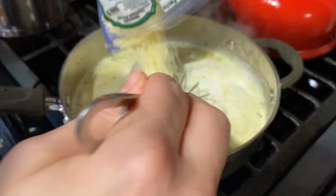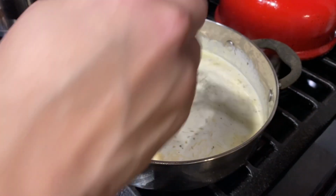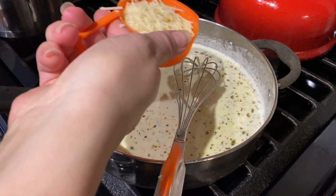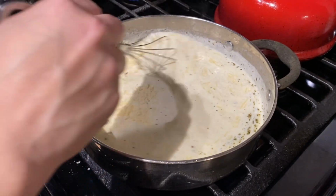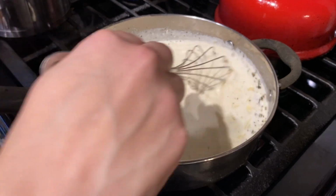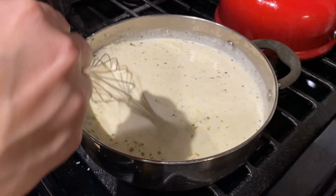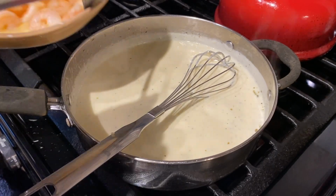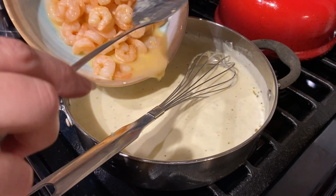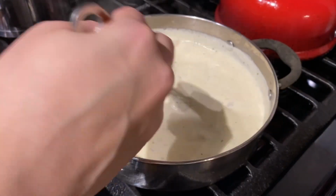We're gonna add 1 bag first, and 1 bag had about 1.5 cups. Then I'm going to mix everything until the cheese is all nicely melted. You're going to see that the sauce is going to start thickening, and it's going to take about, I'd say, 2 to 3 minutes until the sauce makes it to that desired thickness. Once that happens, I add in the shrimp and I give it 1 final mixing and let it cook for